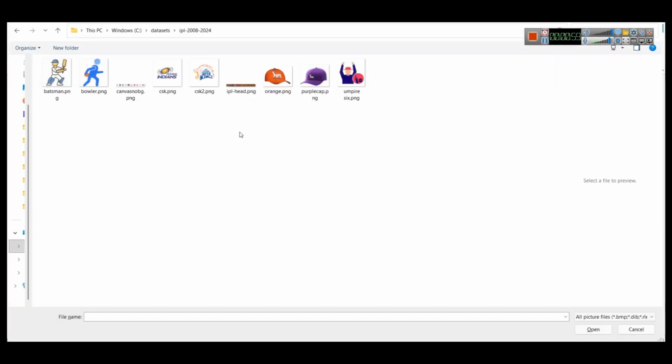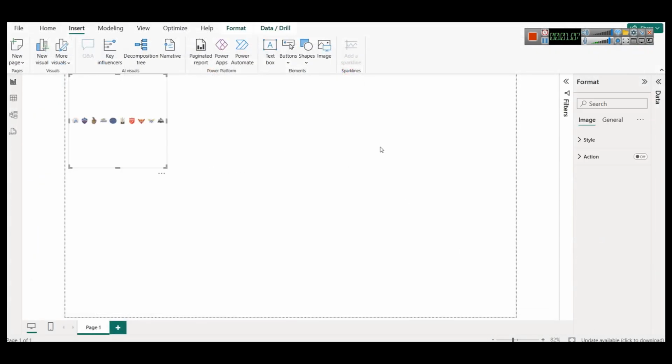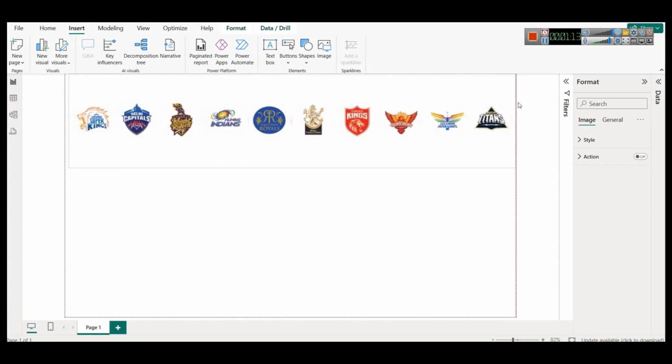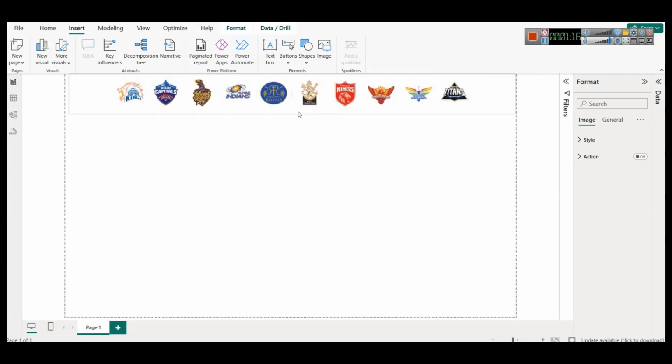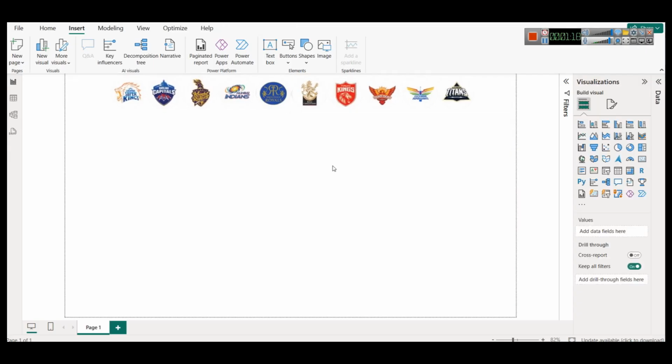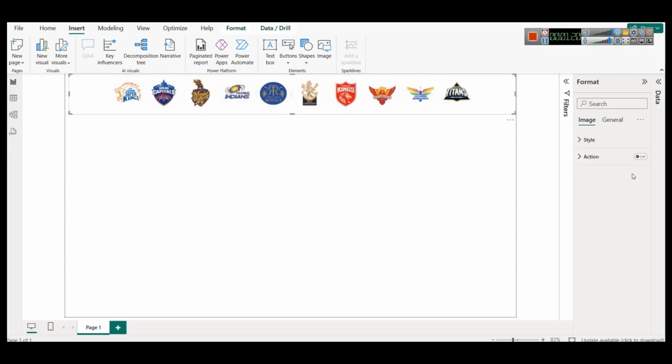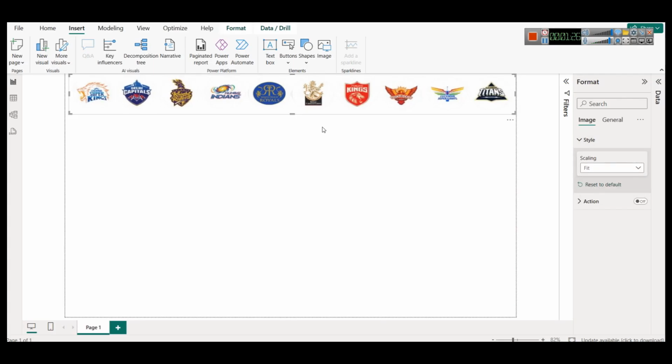So as you can see here, we have some images of batsman, bowler, etc. And I will simply open them. So we are going to use this one where we have all respective team logos, and we will put them here. And here in a style you can see we have scaling, so we can fit, so it will